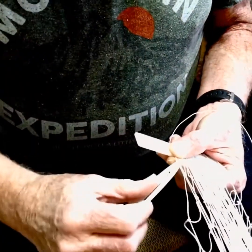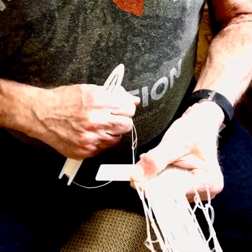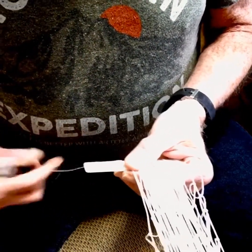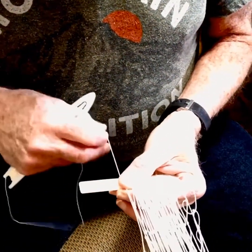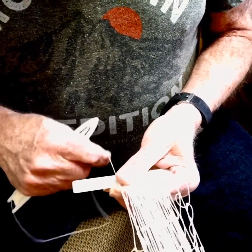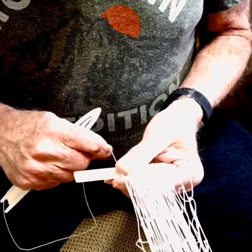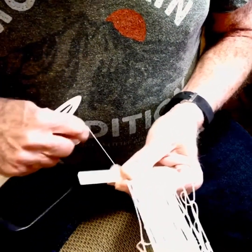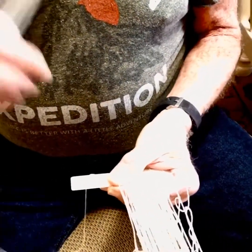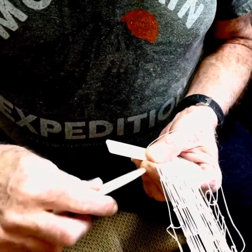The first thing I'll do is I'll put a half hitch in that loop and pull it down to the gauge. Okay, now anytime you put a half hitch or any knot that goes around a side of the string, that knot will have a tendency to slip. To make it a little harder for this knot to slip, what I do is tie a double hitch, which is basically